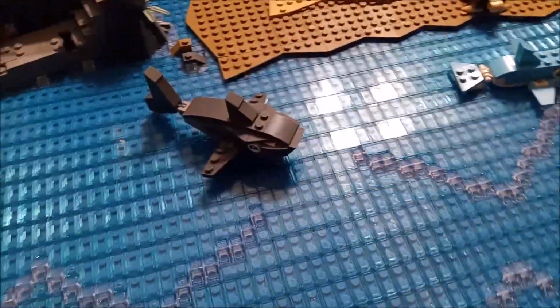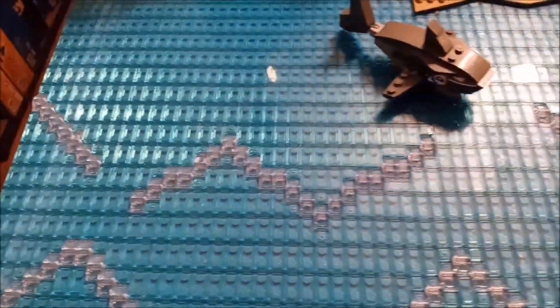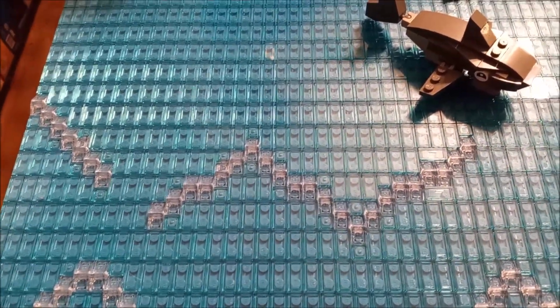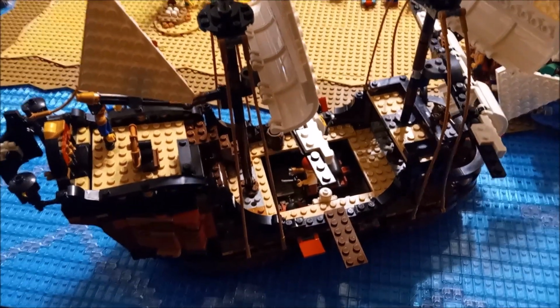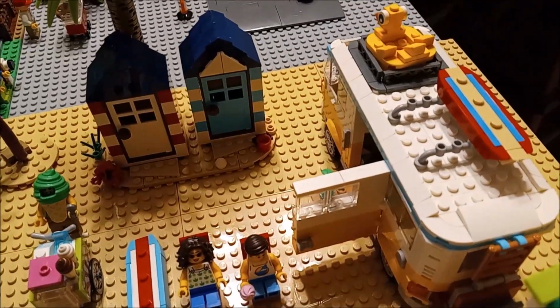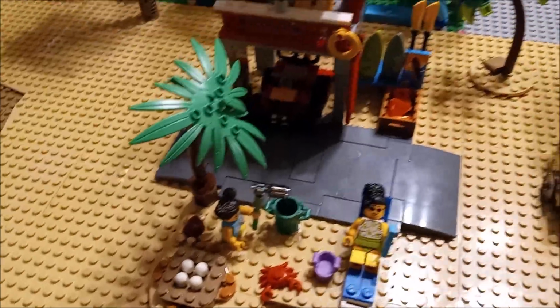So we got a brick-built shark and a brick-built dolphin there in the water. We used 1x1s or 1x2/3 or whatever it is, cheese slopes for the wave pieces and clear. We got this pirate ship. That's new since last review. Sitting in the water here, all the stuff here on the beach. The surf shop here. The porta potty back there, the surfer van, the lifeguard station, all that stuff's been added